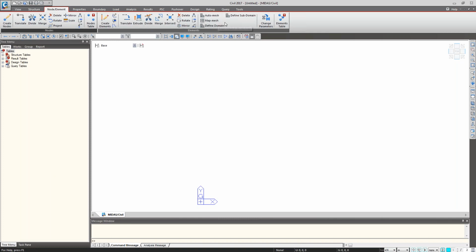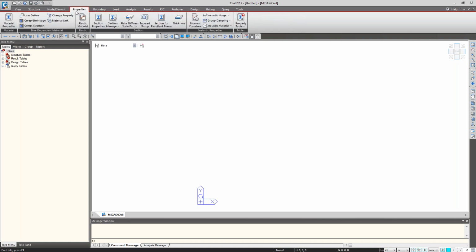And then the mesh parameters are applicable for the plate elements. And next is the properties. So property-wise, we have the material property, time dependent material property, plastic properties, and section properties. The first one, material properties,